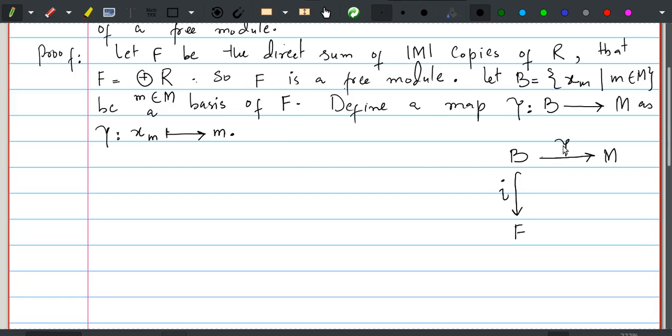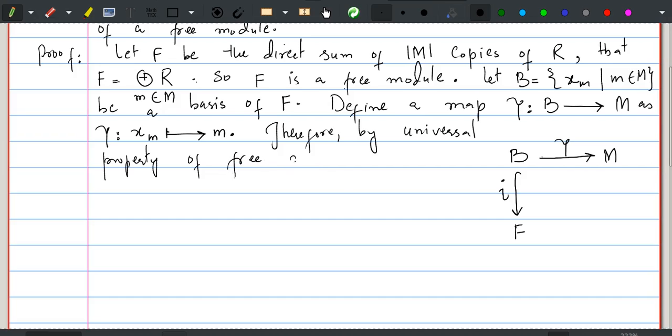We can extend this gamma to a unique R linear map from F to M. Therefore, by the universal property of free modules, and this universal property is what we have done in the previous lecture, there exists a unique R linear map,